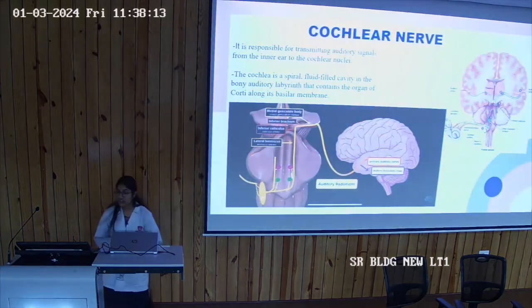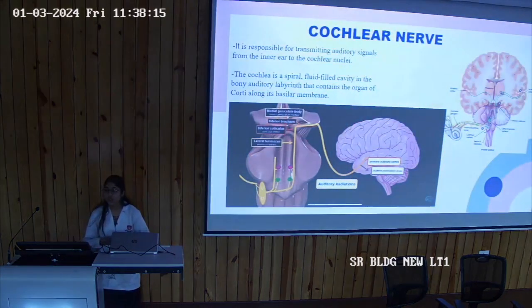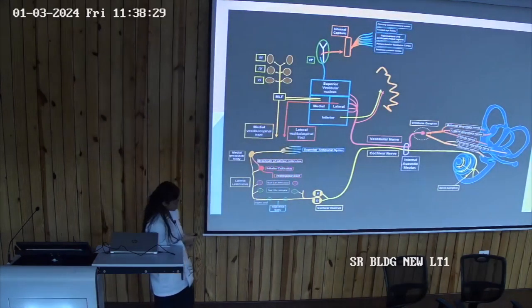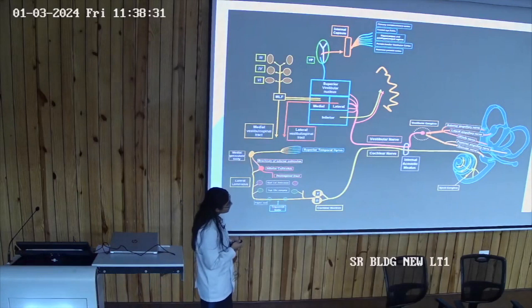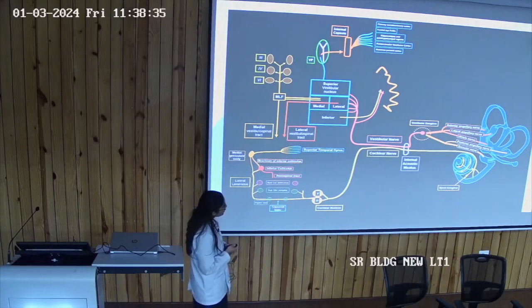Next, we have the cochlear nerve, which is responsible for transmitting auditory signals from the inner ear to the cochlear nuclei. The cochlea is a spiral-shaped fluid-filled cavity in the bony auditory labyrinth that contains the organ of Corti along its basilar membrane. So here you can see the cochlea, which has the spiral ganglion present on it. This cochlear nerve goes to the medial part of the internal acoustic meatus